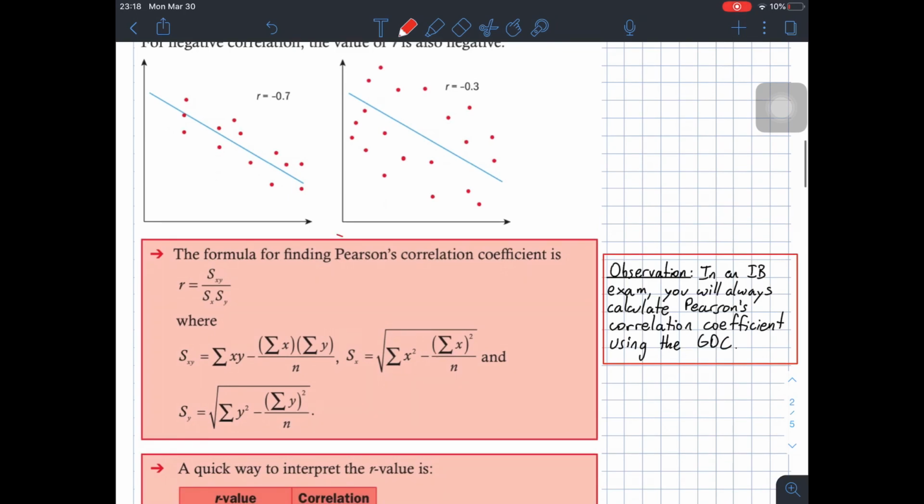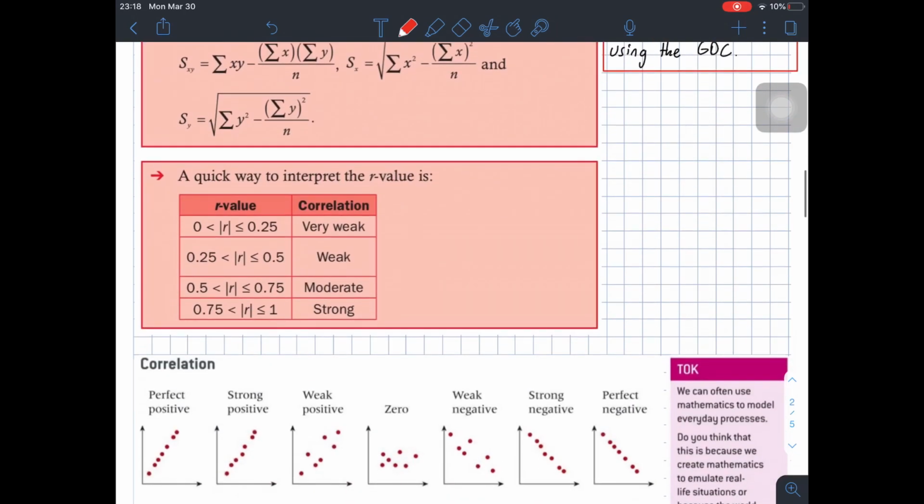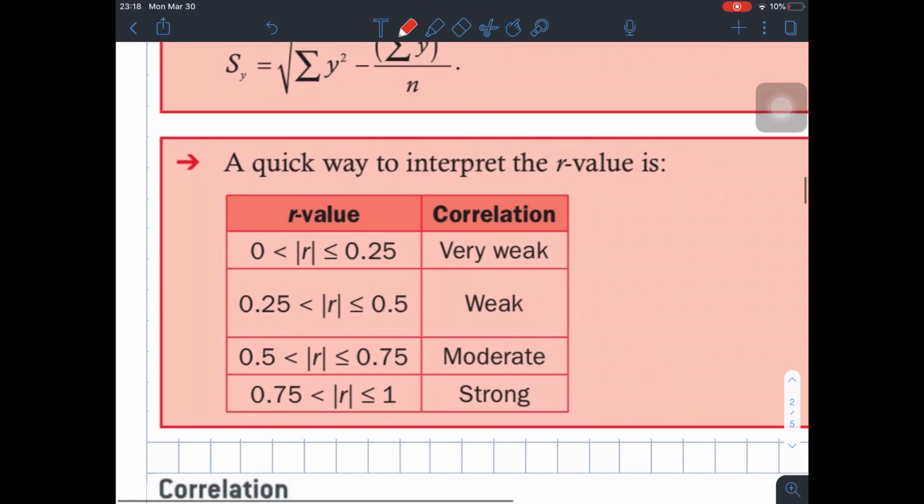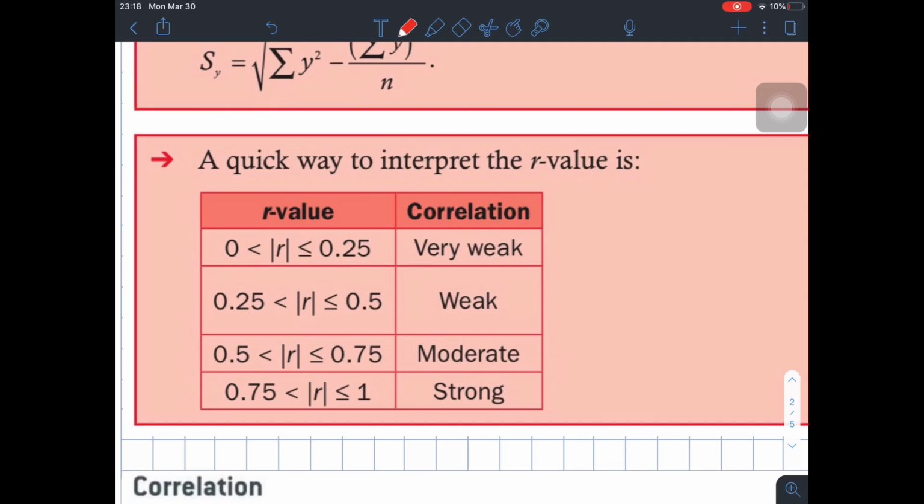I'm going to skip this for a second just to show you this. This is the way in which we interpret or classify the correlation between the two variables given its r value. If the value of r is between 0 and 0.25, you see that here the value of r is an absolute value, meaning that it could be either positive or negative. But if the absolute value of r is between 0 and 0.25, we're talking about a very weak correlation between the variables. If the absolute value of r is between 0.25 and 0.5, we're talking about a weak correlation between